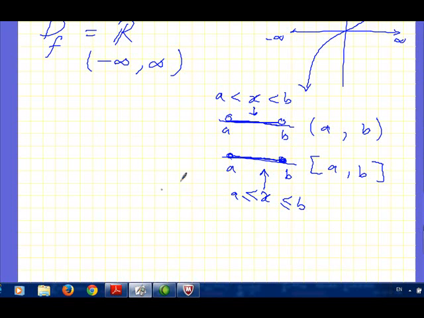By interval, we classify the open interval: a and b are not with us, but the whole elements between them are with us, written x greater than a and less than b, and written with two open brackets like this. Closed interval means a and b, with these closed brackets. It means a is with me and b is with me, and the whole numbers between them are with us: x greater than or equal to a, and x less than or equal to b.